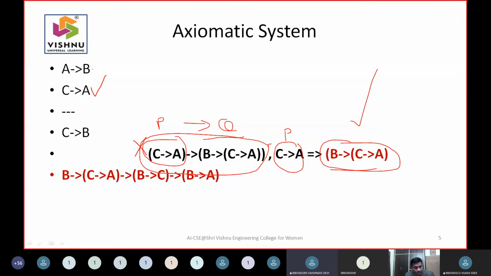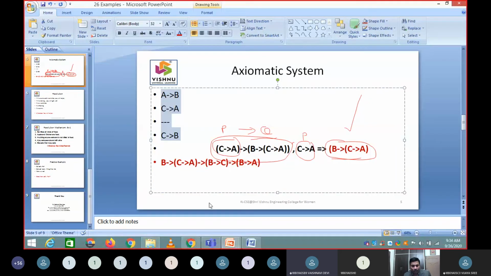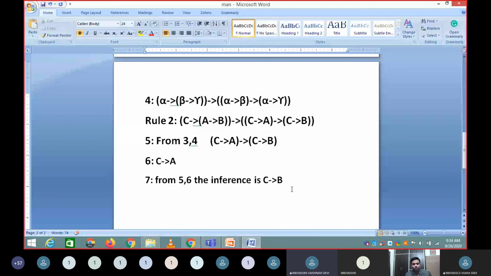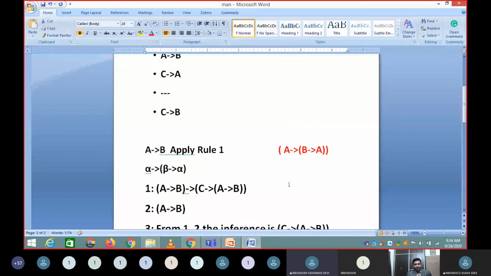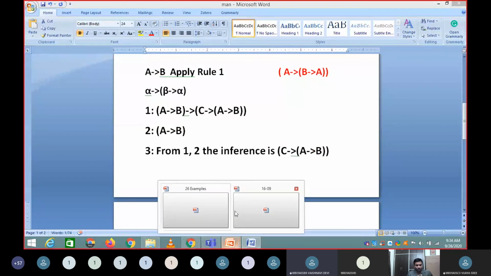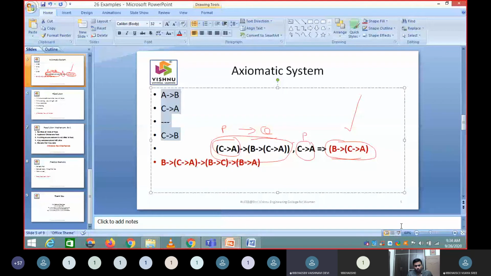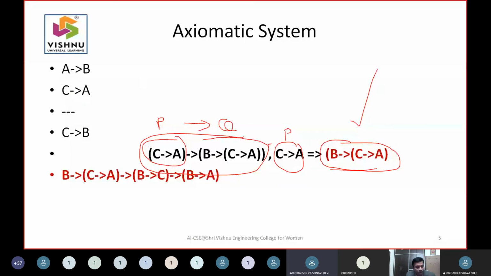But once I start with A to B, as you have seen now, then I have got this output as C to B. In axiomatic search, when you are applying the rules, you have to choose the corresponding statement. But if somebody asks how do you choose the corresponding statement, whether it is A to B or C to A, it is only a trial and error method. It depends upon the way in which you practice. You could find out whether C to A is better or A to B is better.